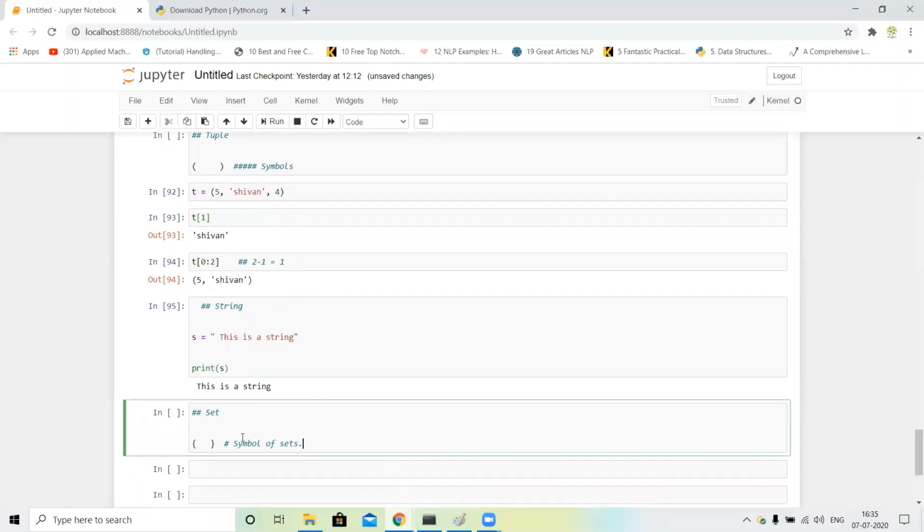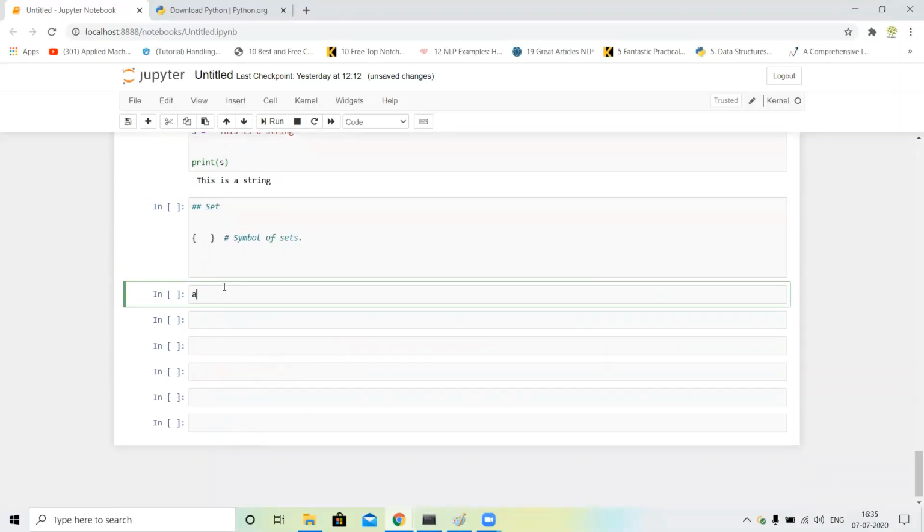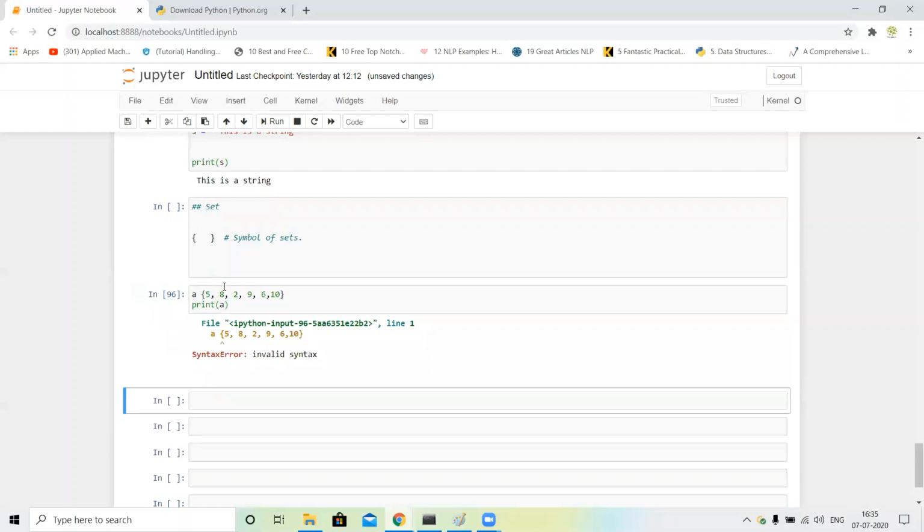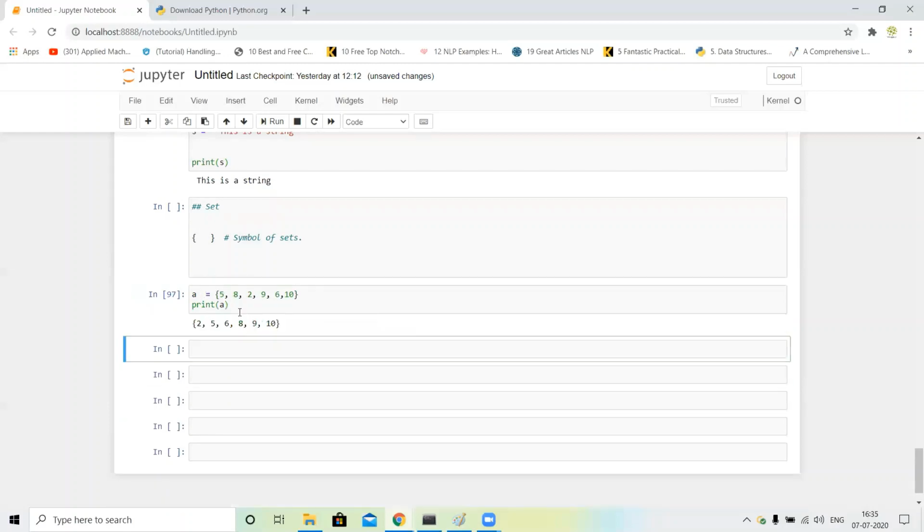Like when I write A equal to braces 5, 8, 2, 9, 6 and 10, sorry, I forgot the equal to. When we print A, you can see our output is 2, 5, 6, 8, 9 and 10. We wrote 5, 8 and it prints an ordered result, guys.